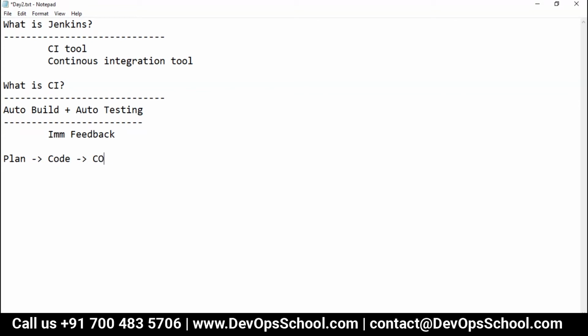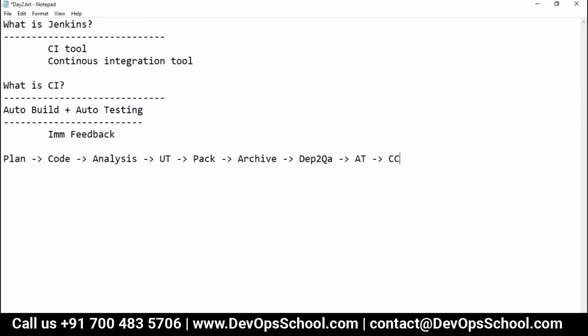Yesterday we learned code analysis, right? After that, we do the unit testing. After that, we package the software. After that, we archive the software, uploading it to a common location, and then deploy to the QA server. And then finally, we do the acceptance testing.